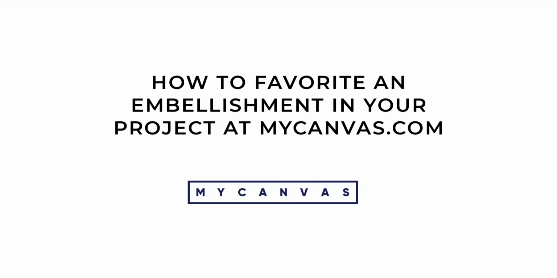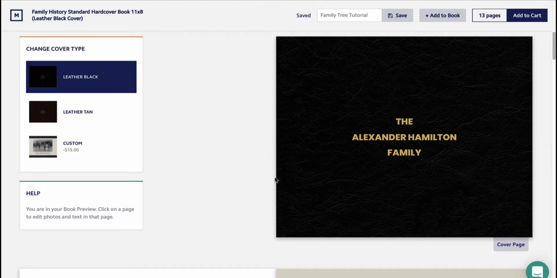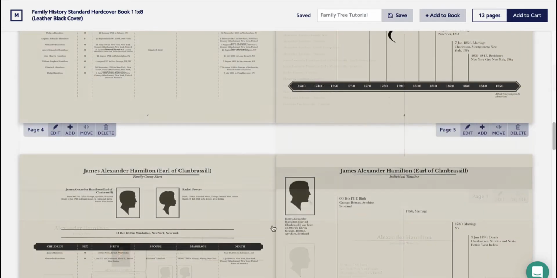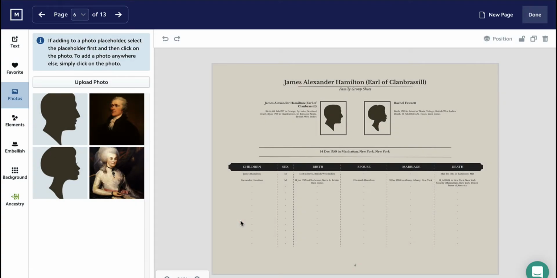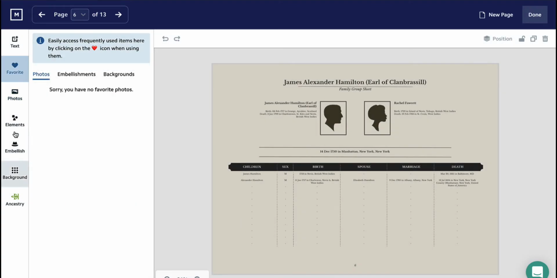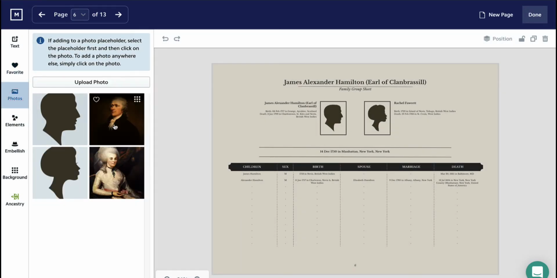In this tutorial, you'll learn how to favorite embellishments, backgrounds, and photos for easier access to them while working on your family history project. Begin by opening your project and selecting a page to open the Edit window. To favorite a photo, go to either the Ancestry tab or the Photos tab on the left-hand side, and scroll